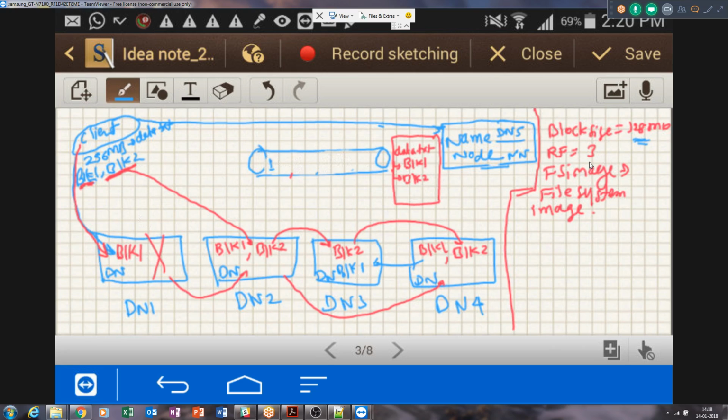But let's say this particular data node 1 was just a glitch. It was down for only a few minutes, by which time the blocks had already been replicated. Now it will start sending the ping signal to the name node, and the name node says, oh my god, the data node has come back, and it starts sending the block report from data node 1. Block 1 is also sent in the block report, right? So the replication factor, which was meant to be 3, is now 4.